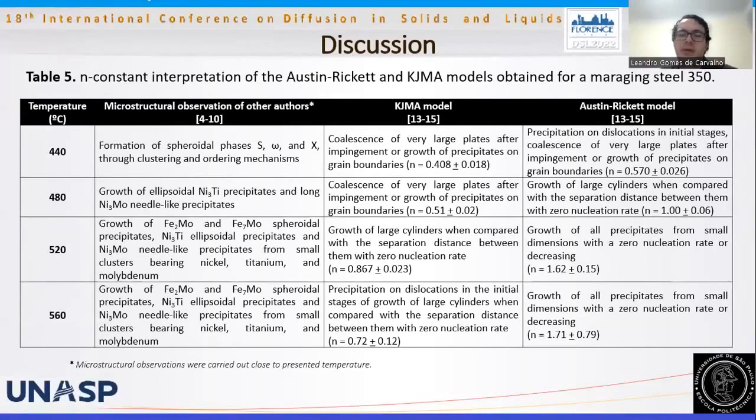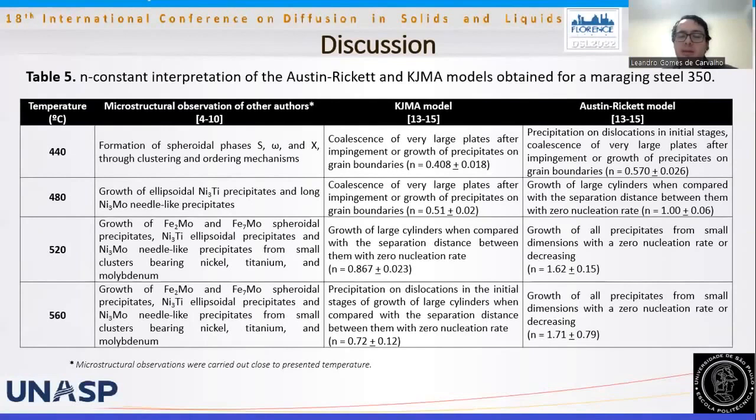For example, at 480 Celsius degrees, microstructure observation by other authors confirms the growth of ellipsoidal Ni3Ti precipitates and long Ni3Mo needle-like